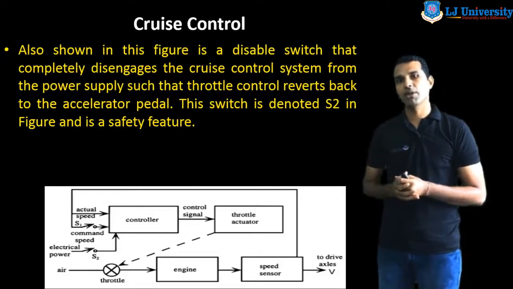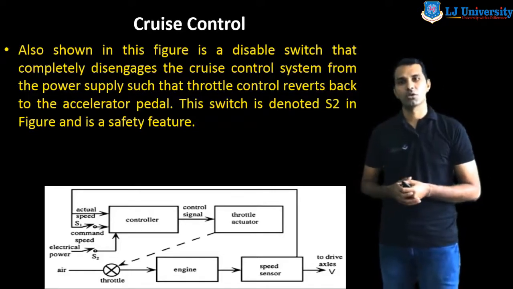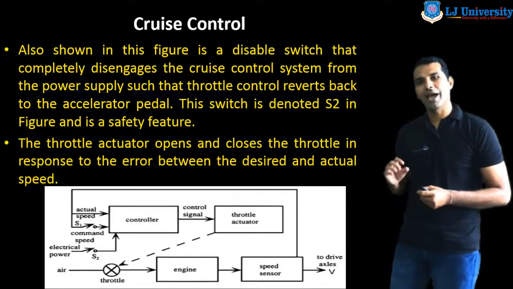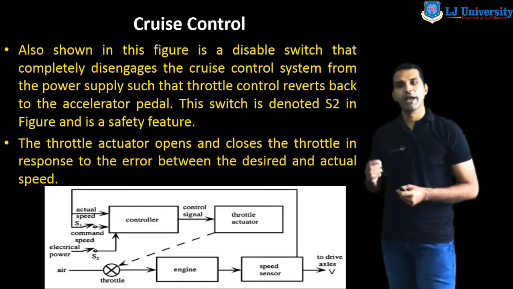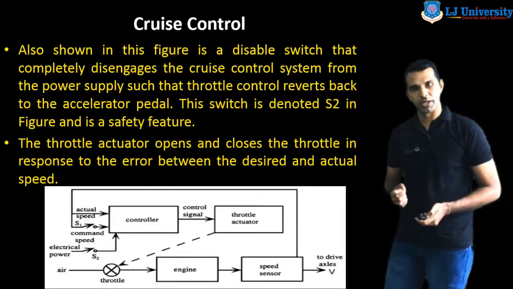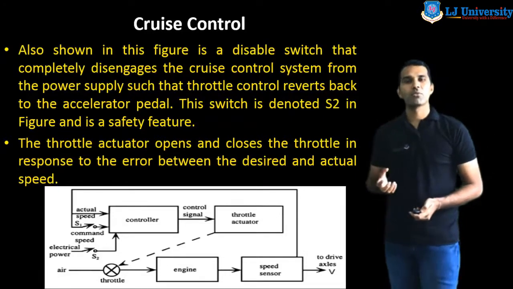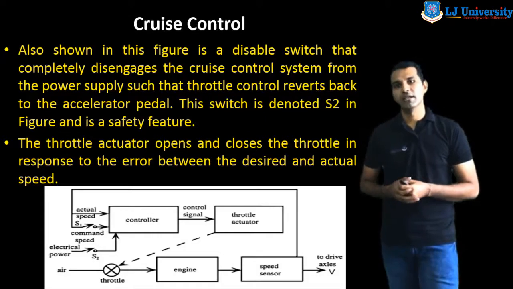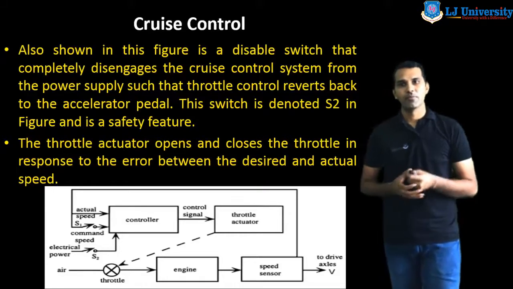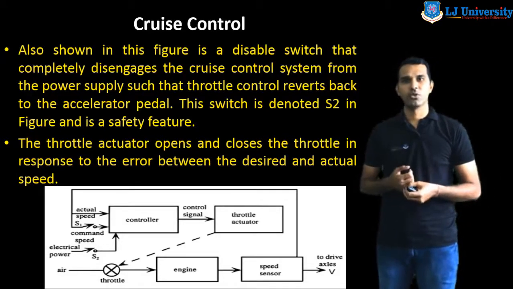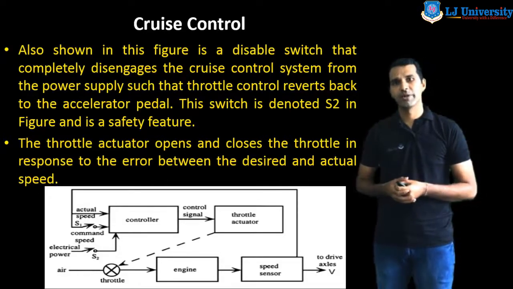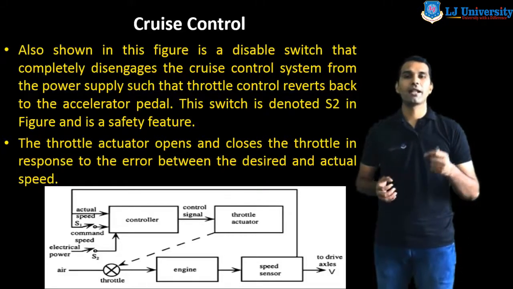So by pressing the throttle plate, the driver can control the throttle. Now the throttle actuator opens and closes the throttle in response to the error between the desired and actual speed. That means, if I have set the desired speed to 70 km per hour, and then the speed is decreased due to a hilly area or other hurdles on the road,